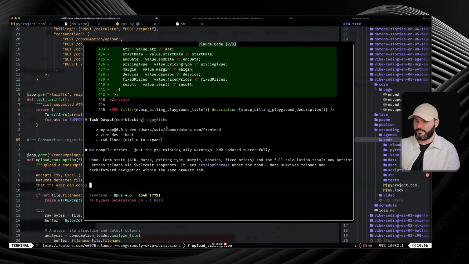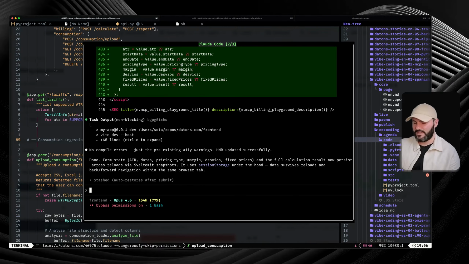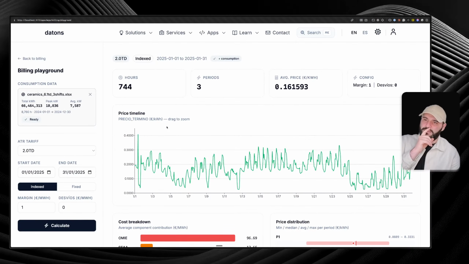What about the heat map? Also, I mean, I don't know if we should do it, but maybe a heat map for components so that the customer can see what is the real cost, or in which parts. But this is something that I don't like. I mean, when you have the formula, there are a lot of data and components you get. So